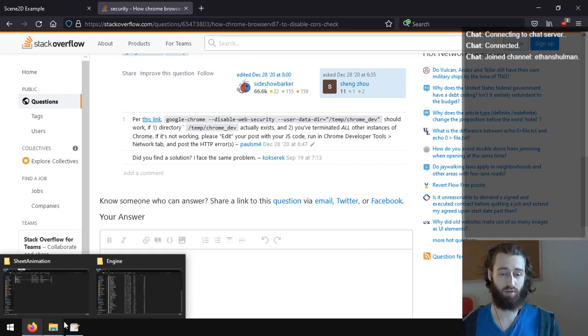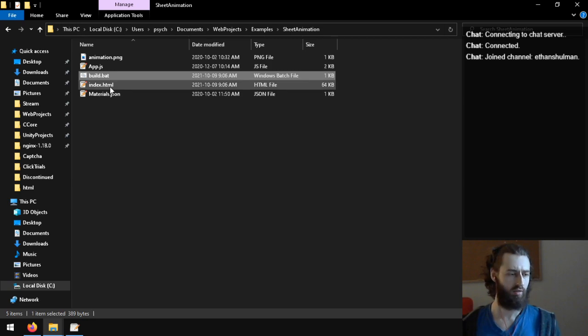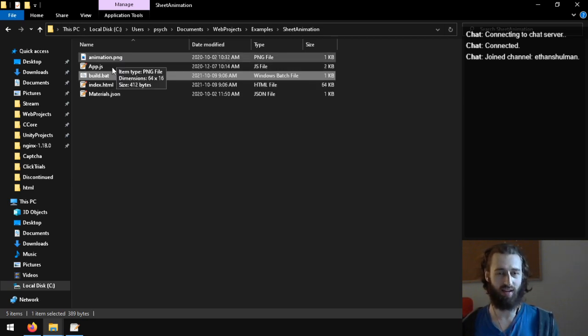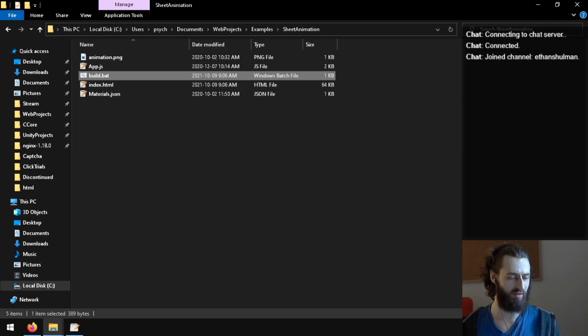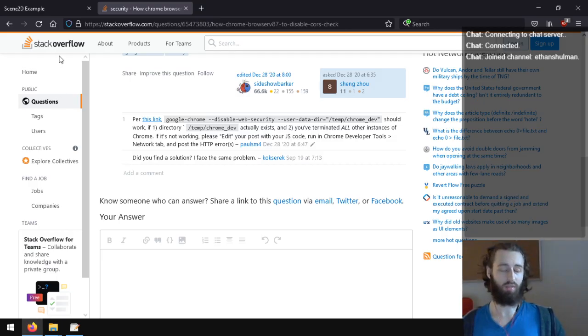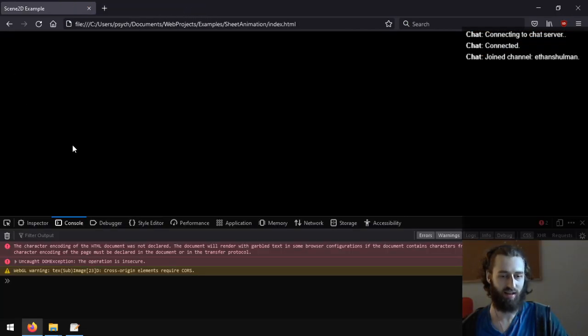Morning. I'm trying to find an easy way to just open up these files and be able to access the image and things without disabling CORS. I don't want to disable it for all of Firefox because it actually allows other websites to access your credentials. And since I use Firefox, yeah, what I'm thinking of doing is maybe I'll open up Edge and use Edge just for testing, because